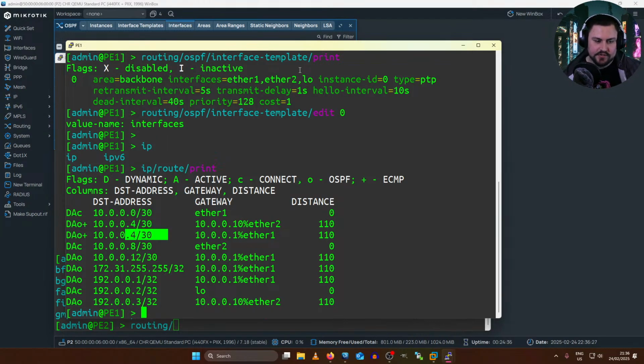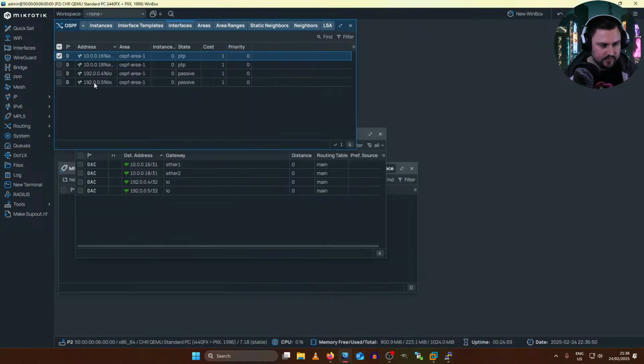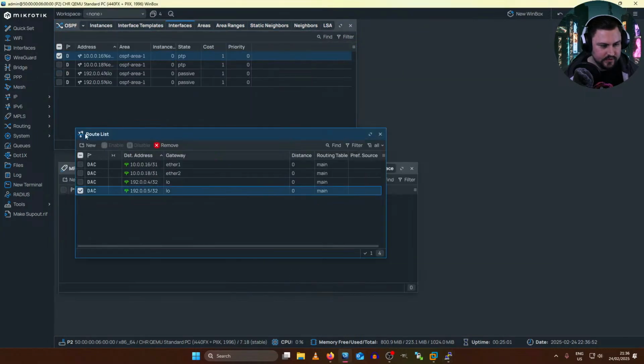But if we add an interface in a passive state like this, it's going to allow me to advertise that loopback IP, but the loopback interface isn't going to try and form OSPF neighborships, if that makes sense. It just stops it from doing that OSPF bit. So I'm going to just remove that .5 IP because I don't really want it.